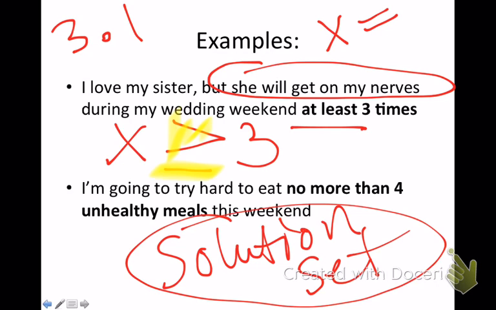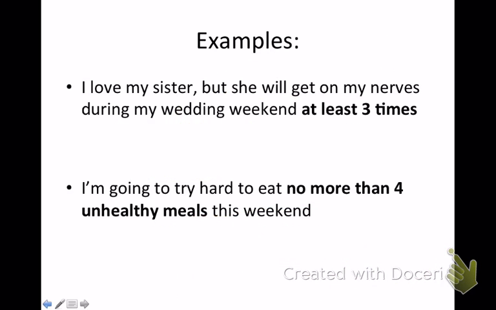For the second example, I've never been to Portland before. I'm really excited about getting out. I'm probably going to eat some good restaurant food. However, I've been pretty unhealthy lately with work and all kinds of things going on. So I'm going to try really hard this weekend to eat no more than 4 unhealthy meals. So if x equals the number of unhealthy meals I'm going to eat,